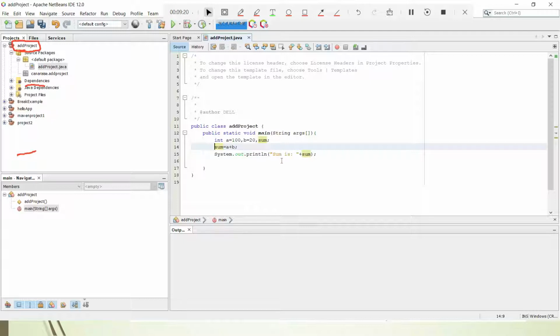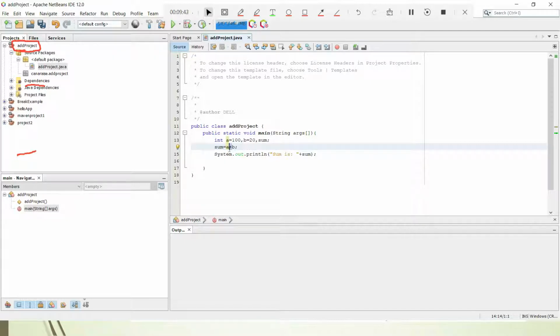Now if you have to do the minus operation, you have to put minus here. For multiplication put star here, for division put division here. For modulus, what is modulus? Modulus is a remainder operation. So for modulus you need to put the modulus symbol, for finding out the remainder. I'll show you any two here. So this is a sum, students, the first example.